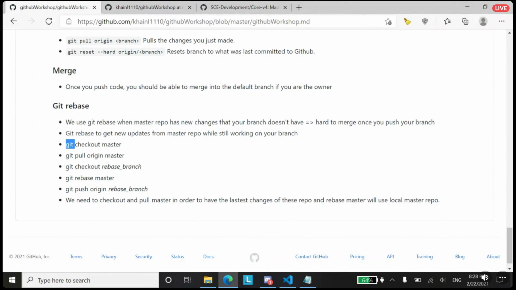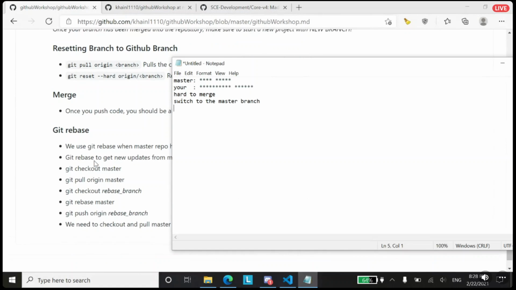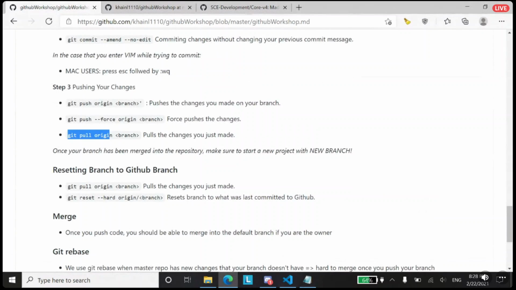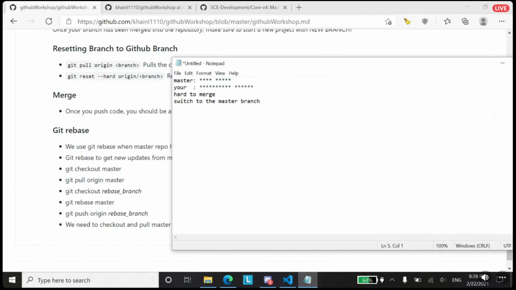So basically, you use git checkout master to switch to the master branch. Okay, and then you need to pull anything from the master branch. You say git pull origin master, and that is the command right here. Git pull the change you just made, to get all the updates into your local repo, and then you switch to the branch you need to rebase. Git checkout the rebase branch, okay, and then you